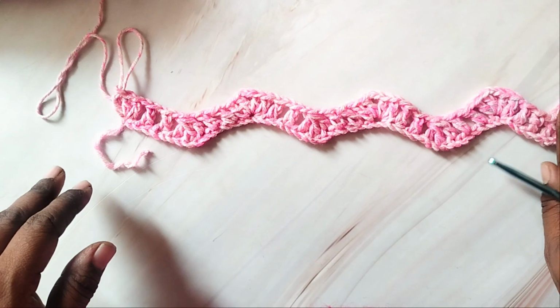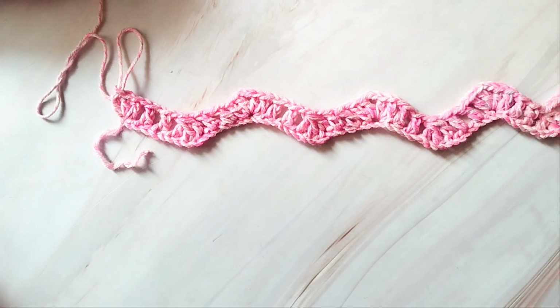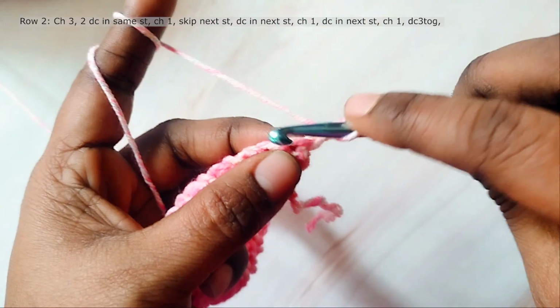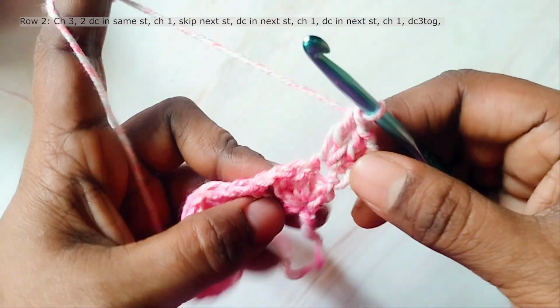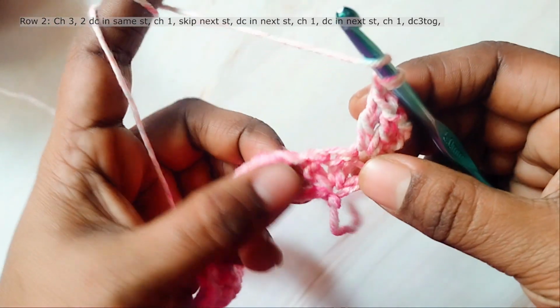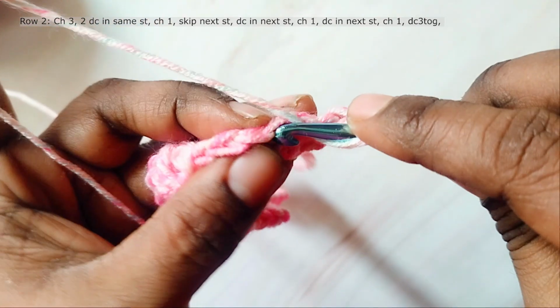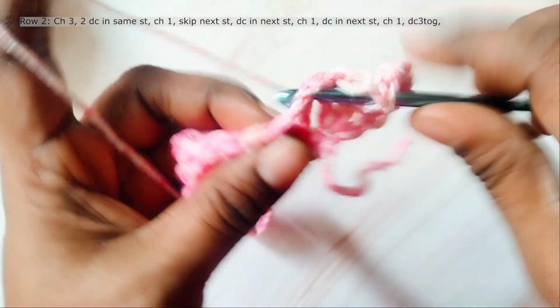We have completed the first row. You can see the valleys and peaks alternately. Then we'll start the next row with 3 chains. This will count as your first stitch. Then work 2 double crochets in the same stitch. Chain 1, skip the next stitch and work a double crochet in the next stitch. Again chain 1 and work a double crochet in the next stitch,